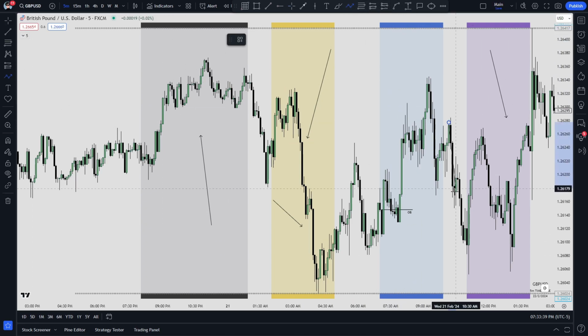You see how we pushed lower here, and then we gave this pullback, and then we continued going lower. As you guys can see here, a little fair value gap. This would then be your silver bullet for the 10 to 11 o'clock. And then after 10 to 11 o'clock ends, that's when we get into the London close here.